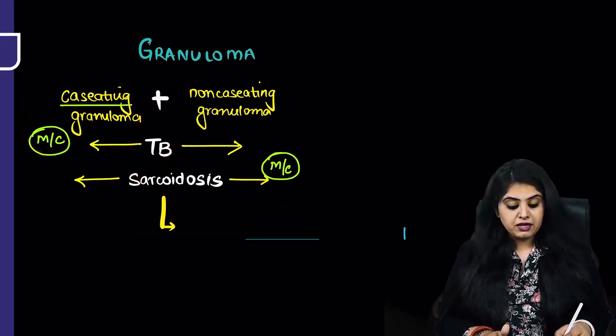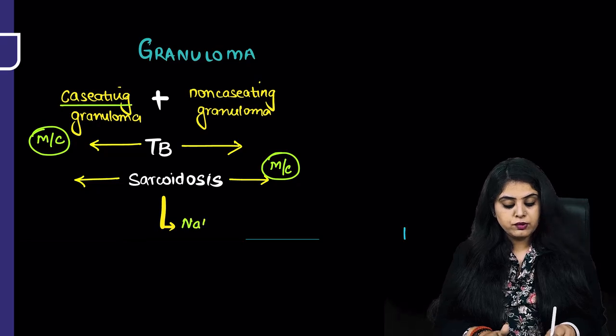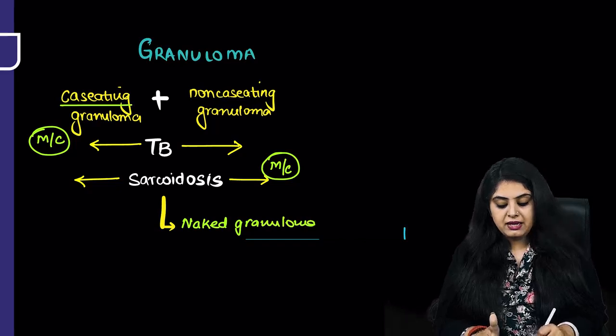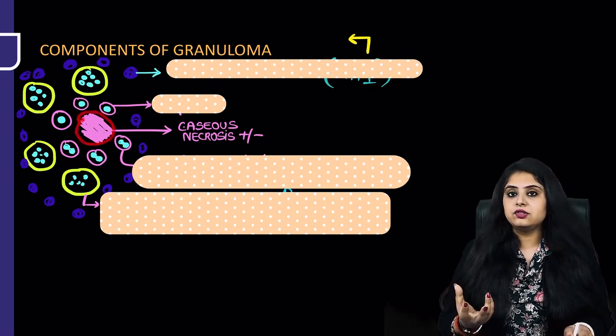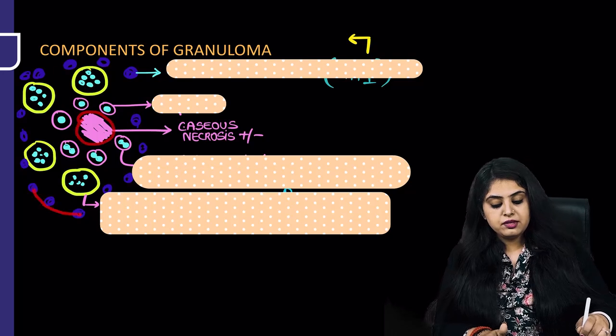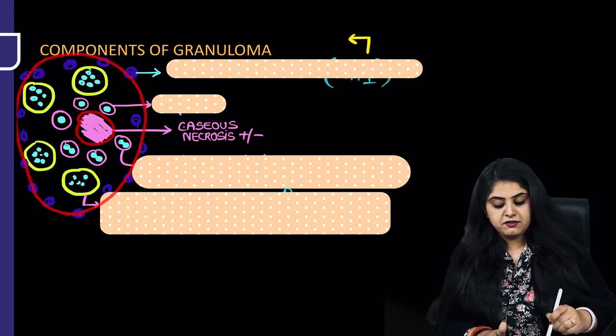Do you know that apart from that, sarcoidosis also shows you another granuloma that is known as the naked granuloma. And what do you mean by that? So if you look at any normal granuloma, what did I tell you? That in the center there is caseous necrosis. But now look at the extreme periphery. What do you see right at the periphery? That is going to be a